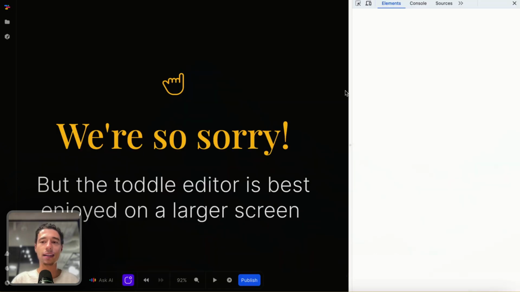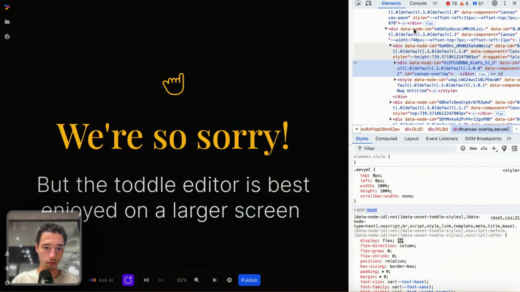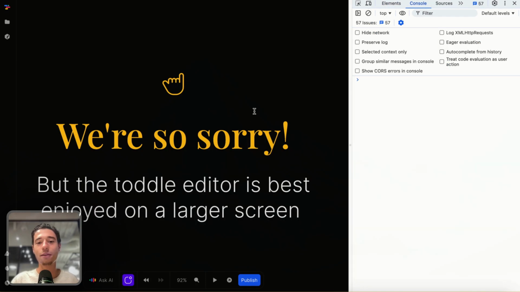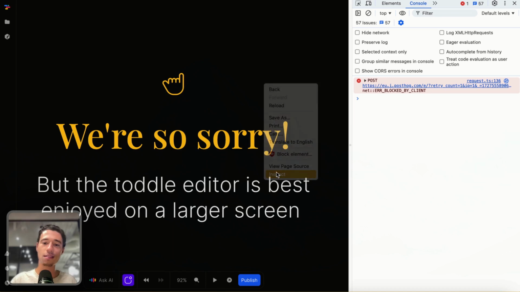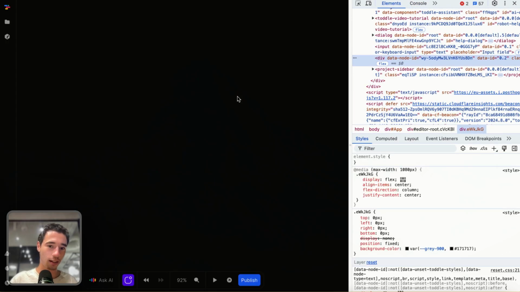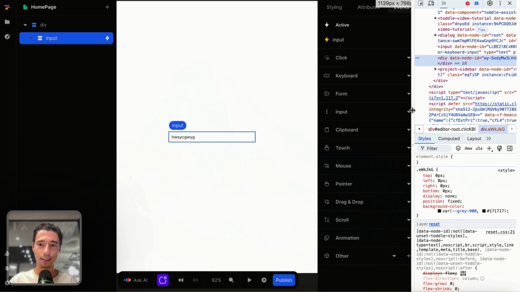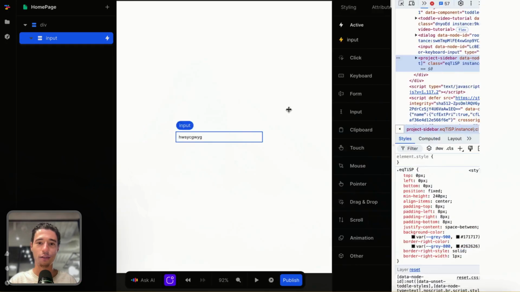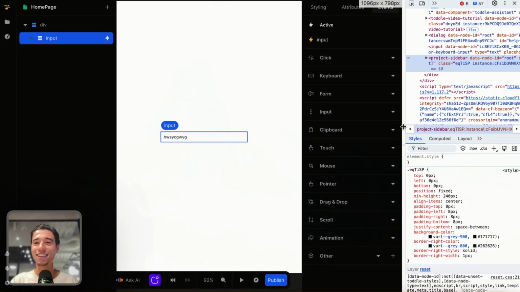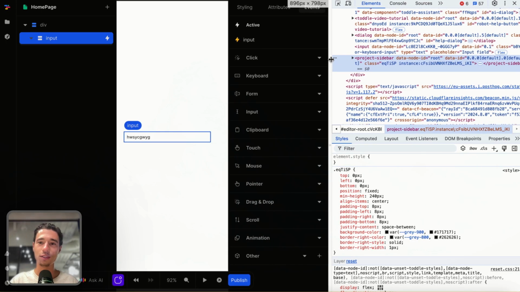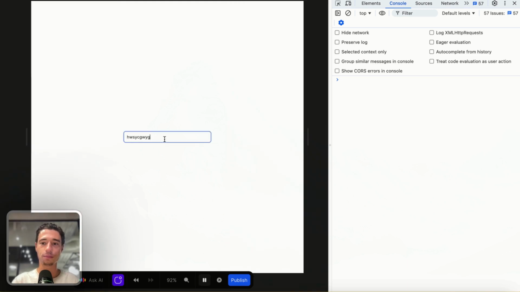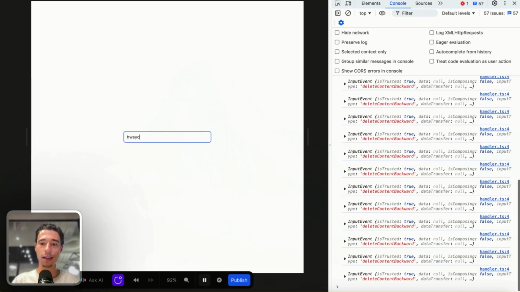Let's inspect elements real quick. I didn't like Wix doing this, and I don't like Toddle doing this either. Let's inspect this one. Okay, here we go. Now I can do whatever I want. Beautiful, so we got that working. Let's go to the console and start inputting something. And you see, every time I input something,